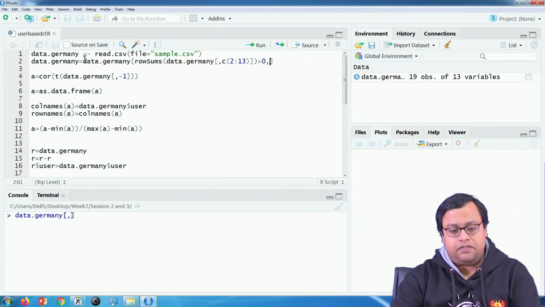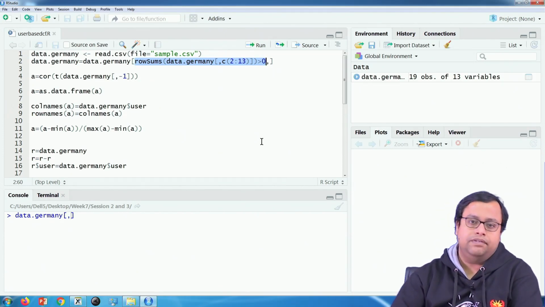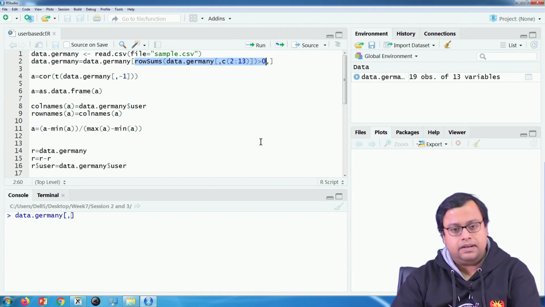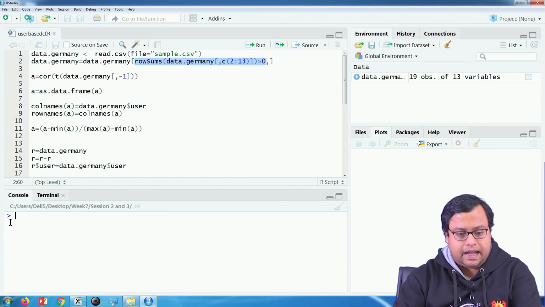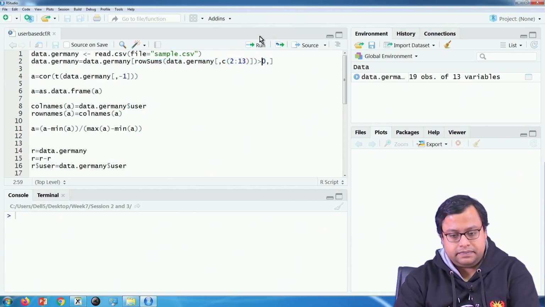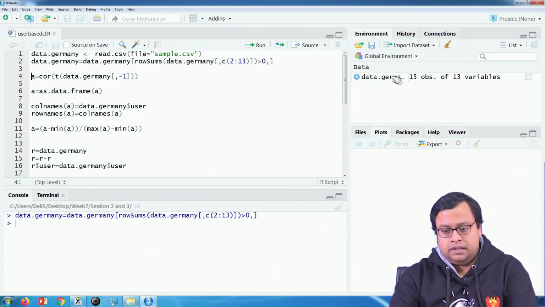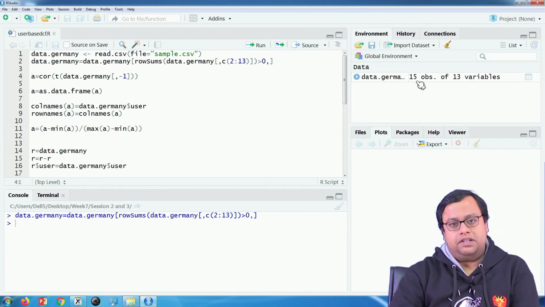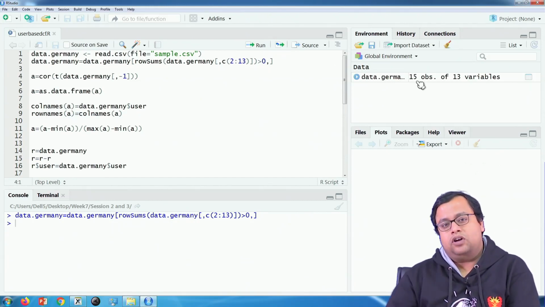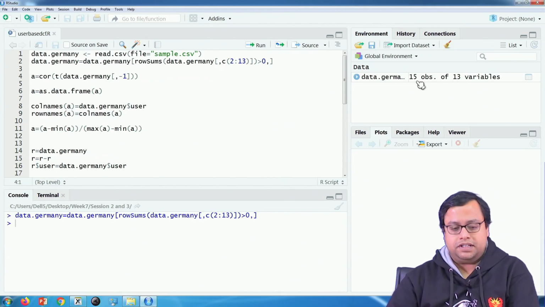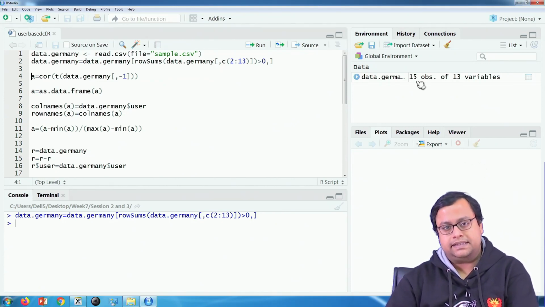And what is written before the comma, in the rows? Whatever the highlighted value, wherever it is coming true, you are getting your result. Wherever it is false, that particular row is being dropped. So, given that, if I just run this, now I get 15 observations. From 19 observations, it got dropped to 15 observations. So, that is fine. After that, I can do my mathematics.